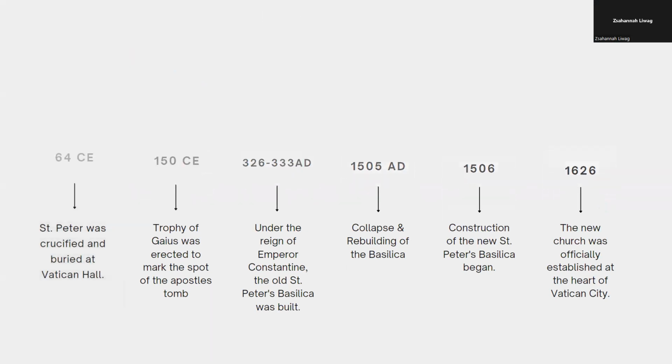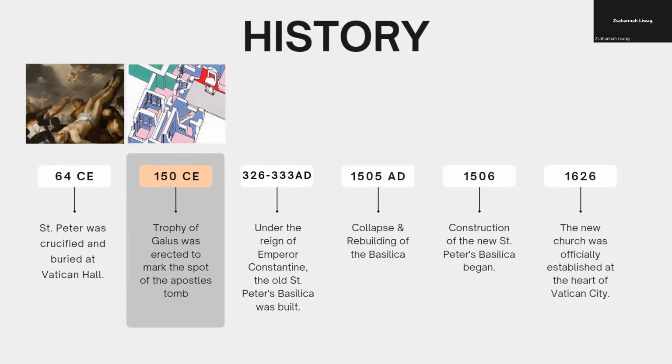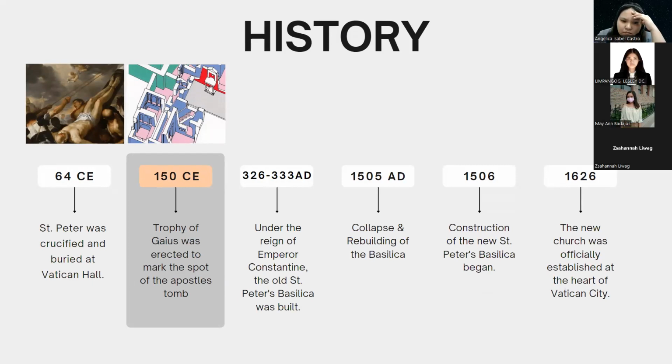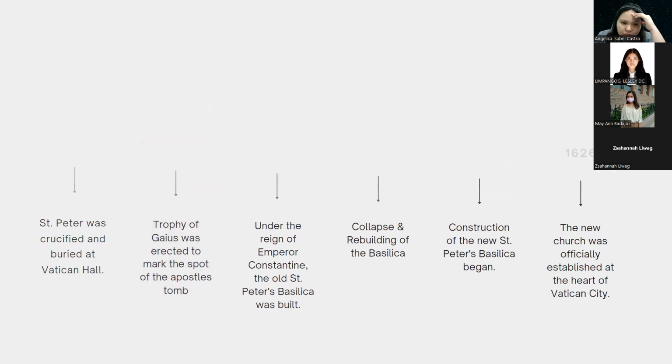Next, 150 Common Era. The site of St. Peter's Tomb became a famous area visited by many pilgrims over the year. So para markahan yung Apostles' Tomb, naglagay sila ng prominent structure na tinatawag nilang Trophy of Gaius. Noong 326 to 333 AD,